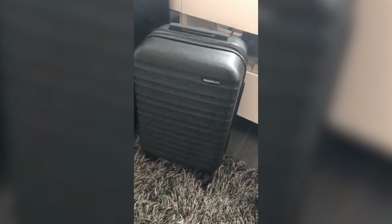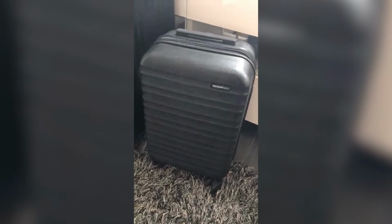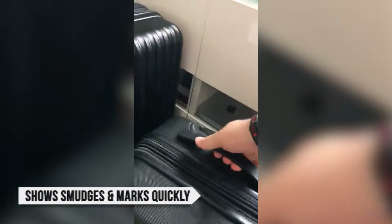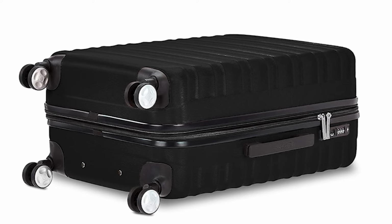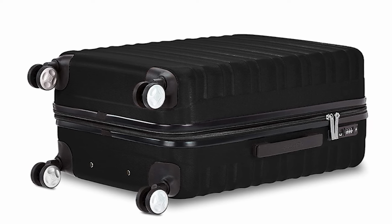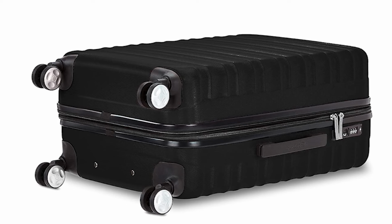At first glance, the shiny ABS shell seems rugged enough to handle everyday bumps, though it shows smudges and marks rather quickly. The older version apparently used a higher quality polycarbonate, but now it's built with a less durable ABS material that still performs decently in basic drop tests. While it will hold up to concrete stairs and rough handling,